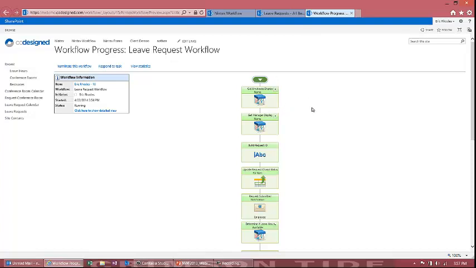This has all been completed. All I have to do is mouse over any of these actions. In this case, the request submitted notification, if I mouse over that, gives me information about that particular item. So you can see the entry time and who the message was sent to. If I scroll down just a little bit,